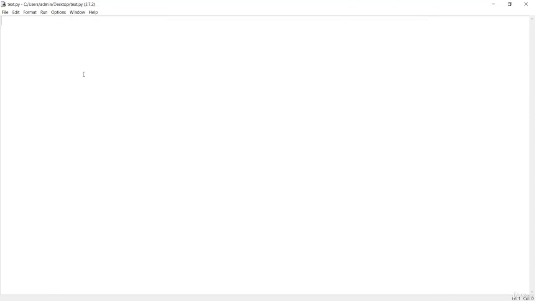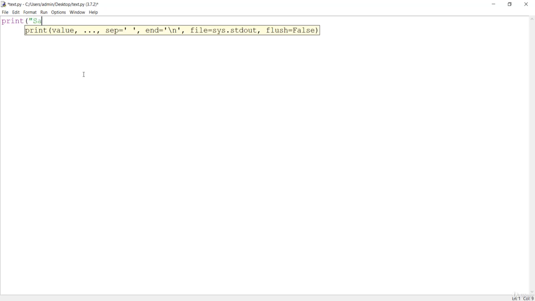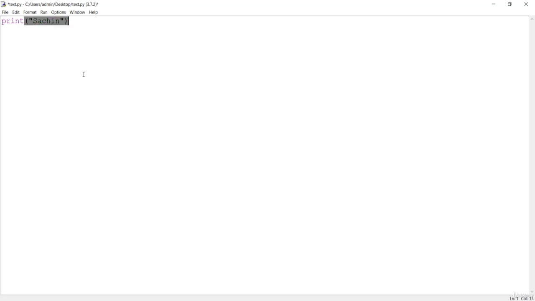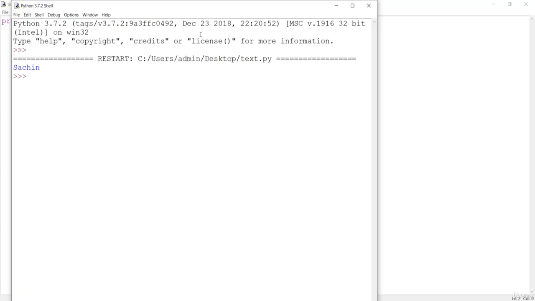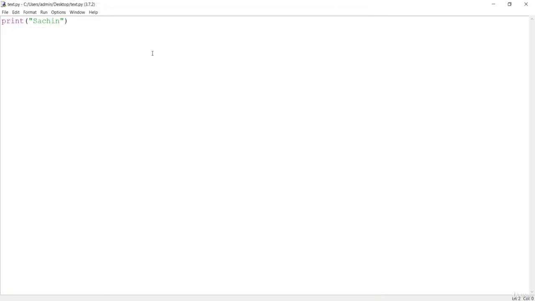Let me show you something. If you want to print your name, we'll just start from the basics. This is the way to print. Let's save this and execute. You can see the name Sachin just printed over here. But if you want to print this multiple times, maybe 10 times, all you need to do is simply copy and paste, although it would be overhead.